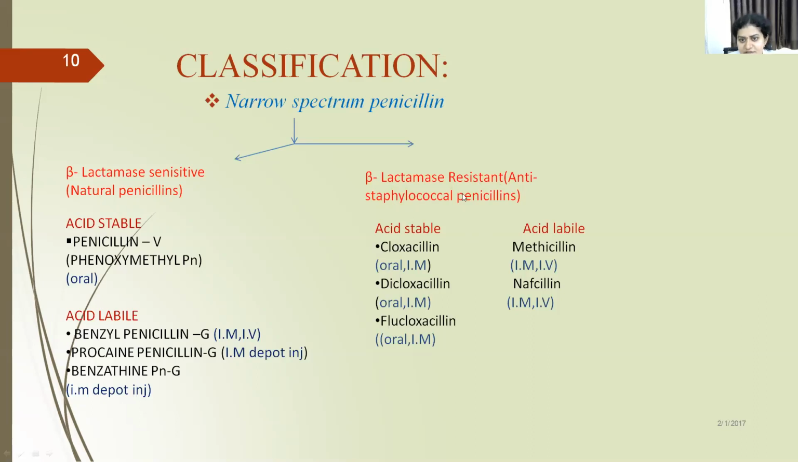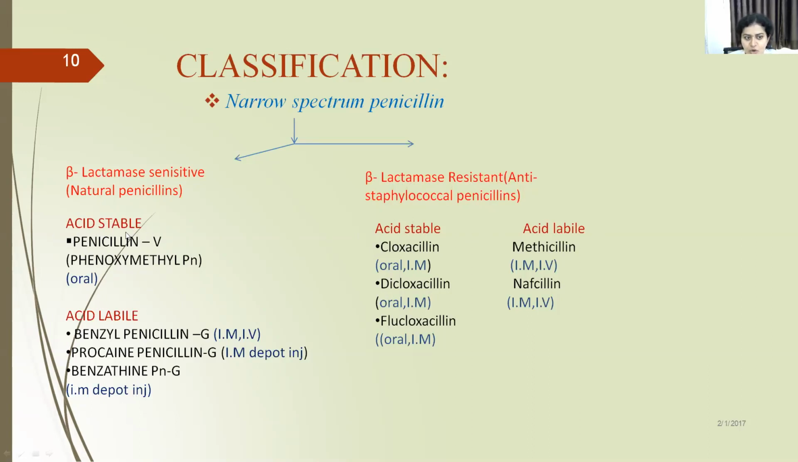Beta-lactamase resistant group is called anti-staphylococcal penicillins. That is, all these penicillins are effective against staphylococcus organisms, and they are resistant to the beta-lactamase enzyme. So this is further subdivided into acid stable and acid labile. Acid stable means these drugs can be given orally because they will not get degraded by the